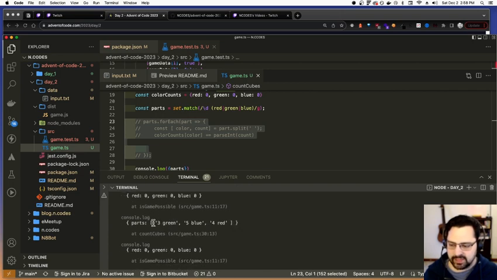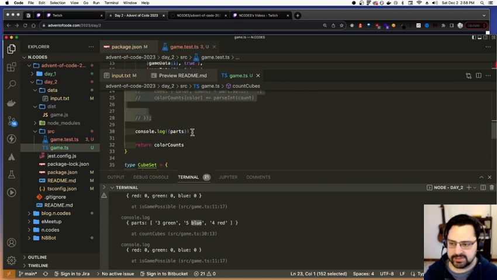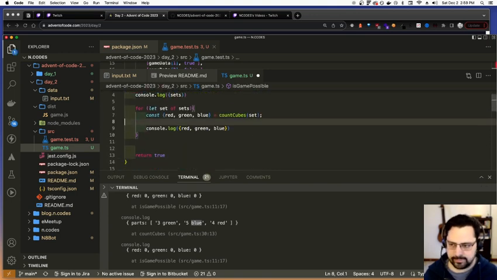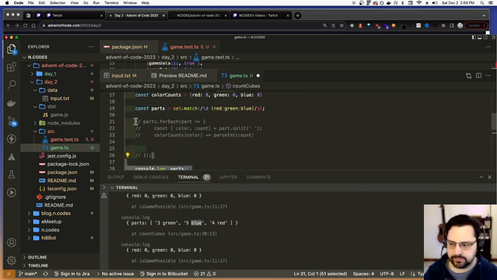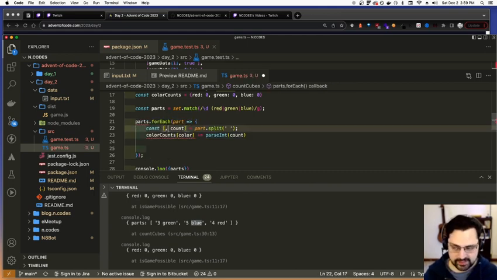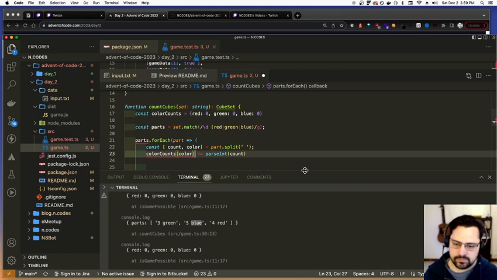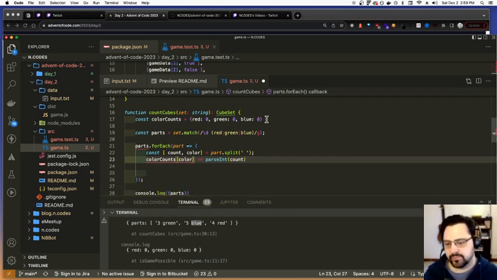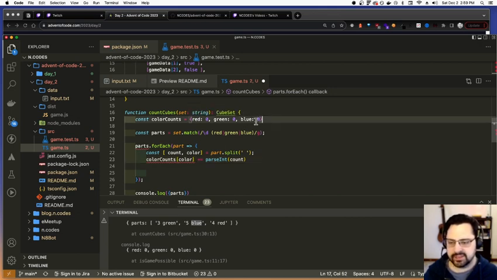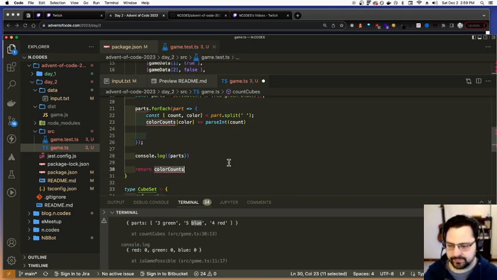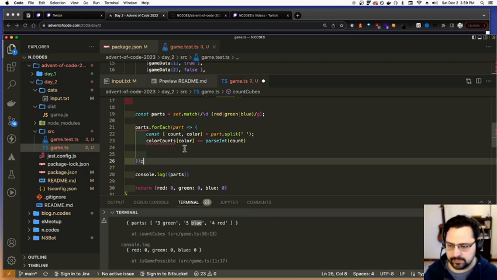So again, parts, I have color, name of color, color, name of color. Ooh, and actually I do need to switch these back around because the order does matter. Because the actual string value is in this order. But what I might want to do is, well, let's see here. I could shuffle this around. So what if I did it like this? So again, I'm still going to try and return